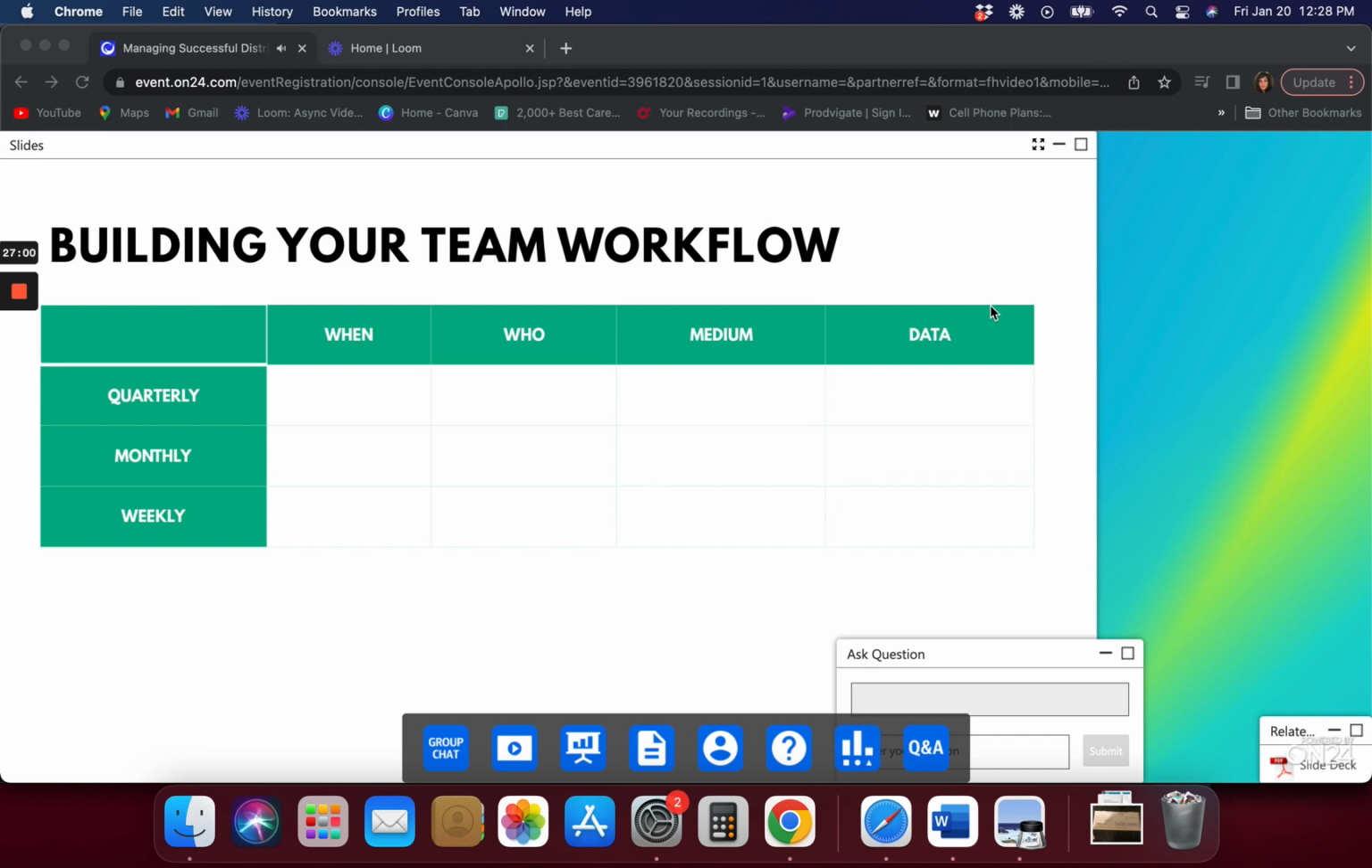So let's do the exercise. 2 minutes, jot down on a monthly, weekly, and daily basis when you're going to have those meetings, who needs to be there, what medium you're going to use, and